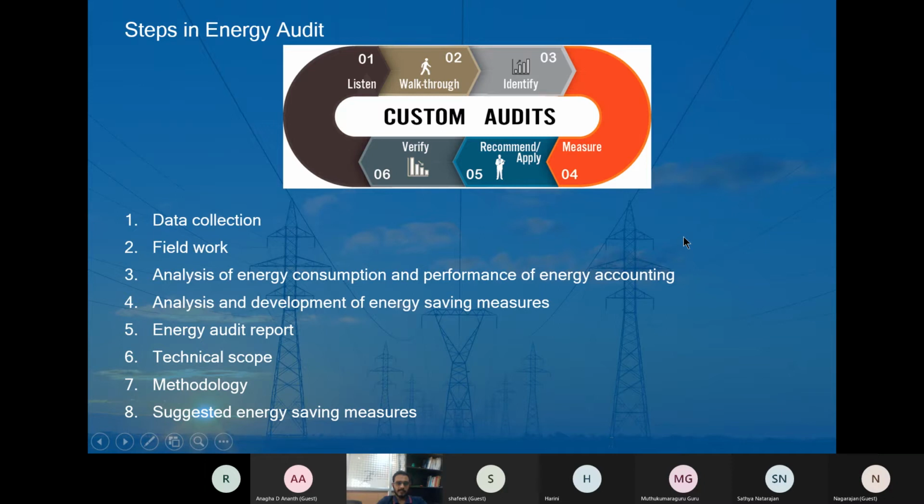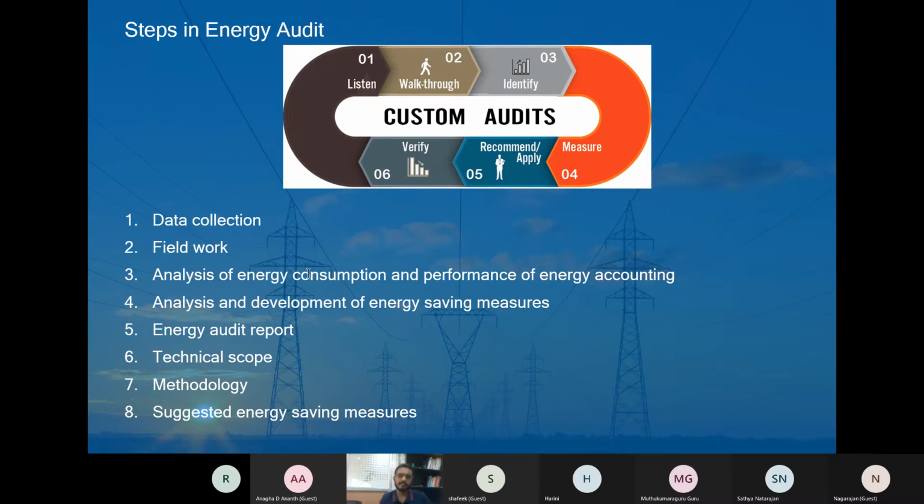Analysis of energy consumption and performance of energy accounting. All the operations of the organization must be analyzed as well as equipment energy consumption. The processes which have high energy consumption must be identified in order to determine the potential for reducing it and to define the energy saving measures to improve the global energy performance. All information collected is used to evaluate the different uses of energy within the process and establish the breakdown of each appliance's level of energy consumption. The energy accounting is also called energy balance.